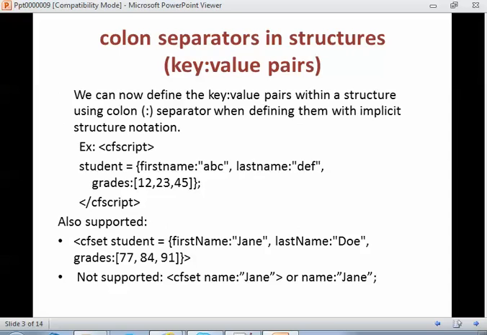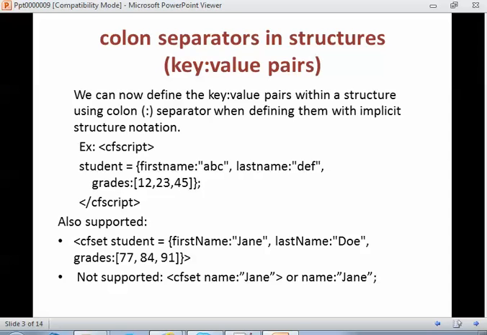As I have told just before, previously we were using it like this: first name equal to ABC, last name equal to DF. So now ColdFusion 10 provides that inside CF script we can directly use key colon value pair, as we are using in Java and other technologies. You can see the example, student first name colon ABC, last name and grades, in CF script.